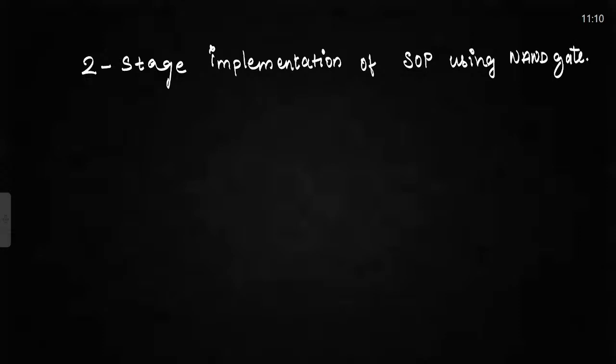Now we will try to implement a two-stage SOP equation. Now let us say I am having an SOP equation Y is equal to AB plus BC plus CA. So in order to implement this one, what I need to do is